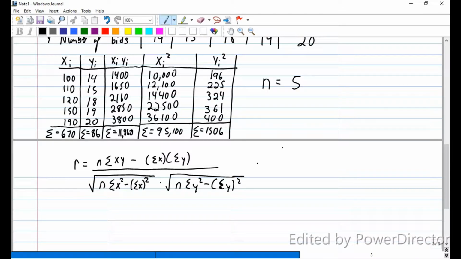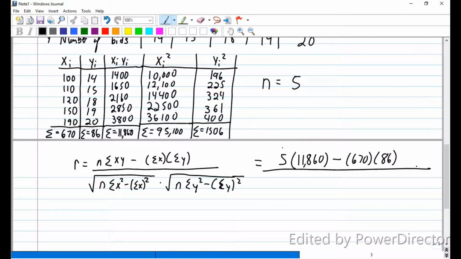Alright, so we're going to plug our values into this formula. Remember, n is equal to 5 each time. So this is 5 times 11,860 minus, now we want the sum of x times the sum of y. So the sum of x is 670. The sum of y is 86. Divided by the square root of